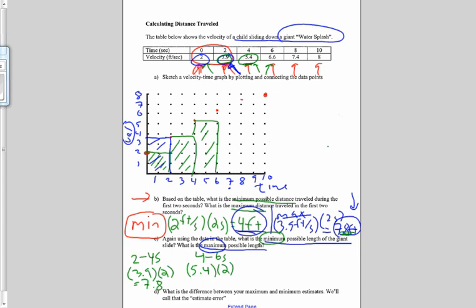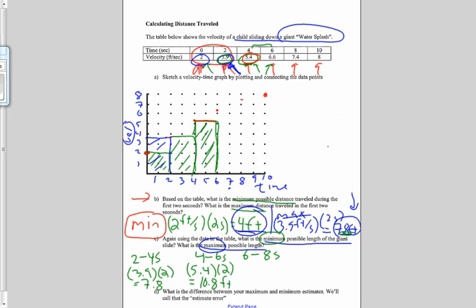Okay, we're back here, and we are again trying to find the minimum possible length of the giant slide. What we just looked at is the minimum estimation for the distance between 4 and 6 seconds. In looking at 4 and 6 seconds, we chose the smaller of the two velocities, in this case 5.4, to represent our speed, because we're looking for the smallest speed to get our minimum approximation. So continuing on, now we need to look from 6 to 8 seconds. Oh, before I do that, that distance was 10.8 feet,